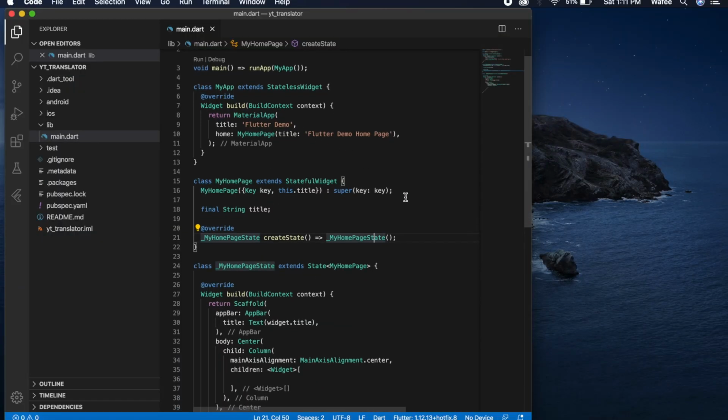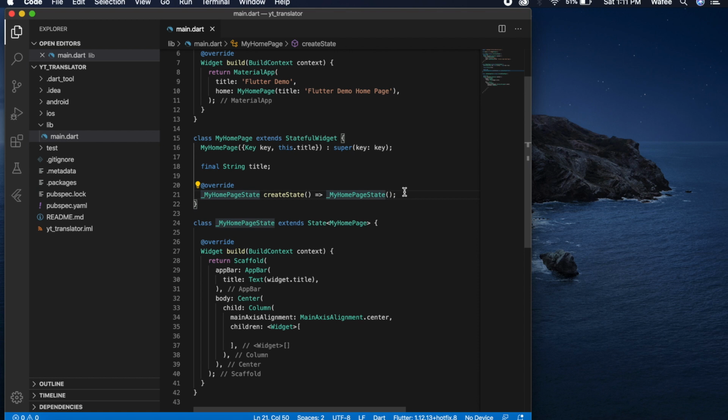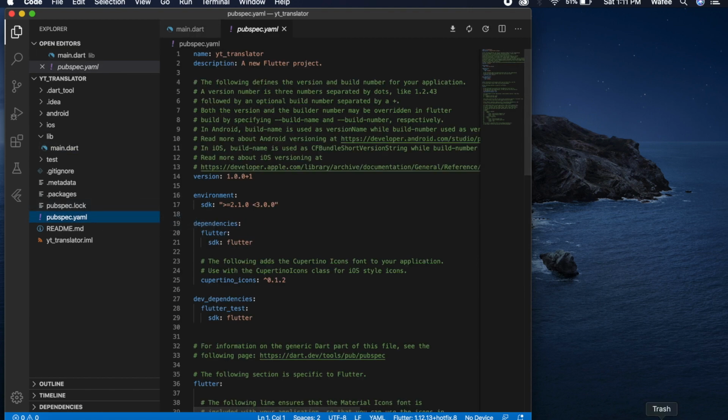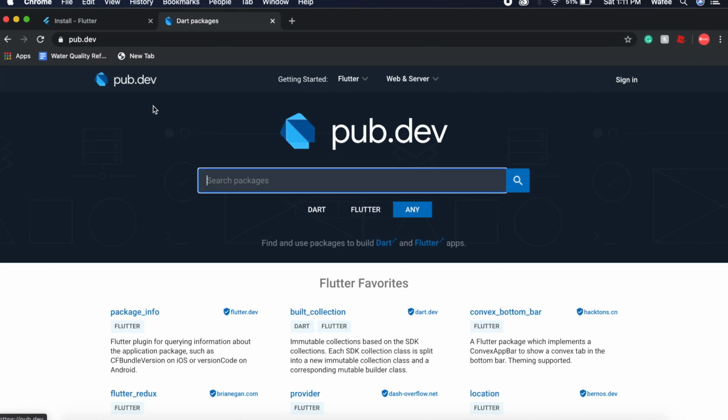After cleaning up your main.dart file, we're going to install a package called Translator, and it basically uses Google Translate to translate any phrase or sentence you want to any language you want. So we're going to head to the pubspec.yaml file. It's going to be in your project root directory, and you're just going to click that. And we're going to head over to this website called pub.dev, and this is basically where you download packages for Flutter. And we're just going to search up Translator,